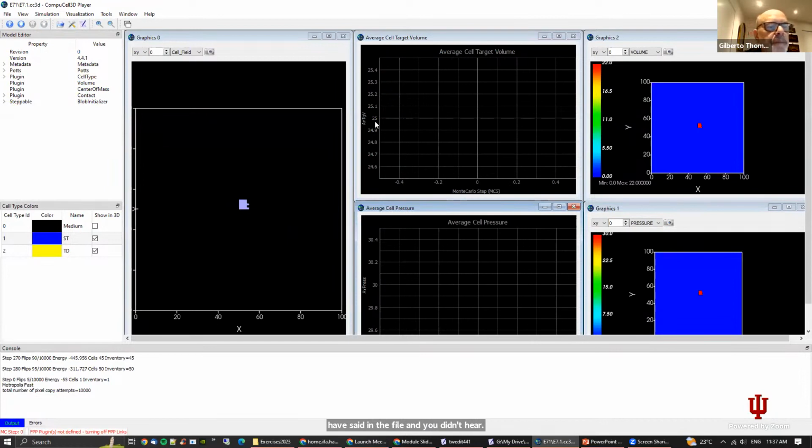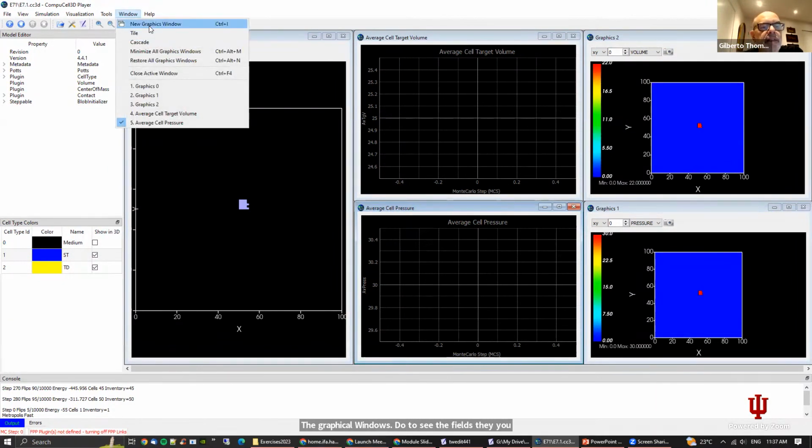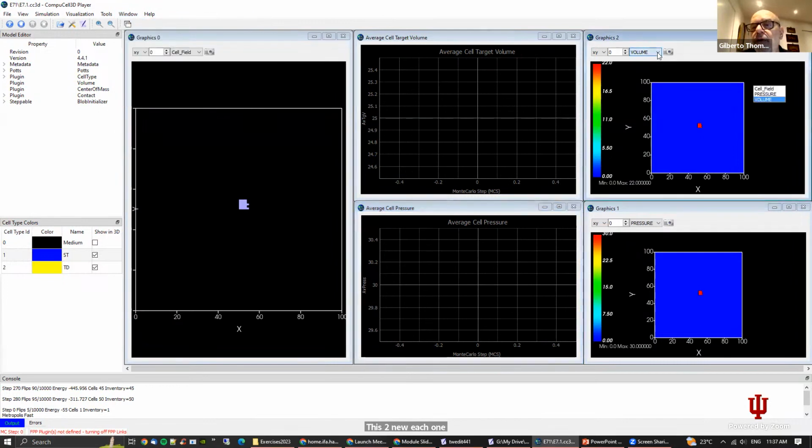When you run the simulation for the first time, the only windows that will appear are the old ones, the cell field and the plot windows, the graphical windows. To see the fields, you have to go here and open two new windows. For each one you will choose either volume or pressure. Okay, then I have two windows, volume and pressure windows. When I put it to run,